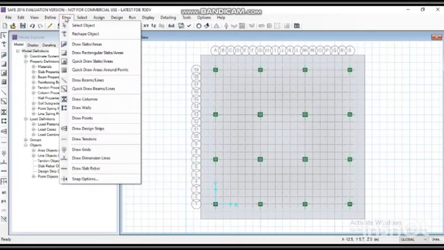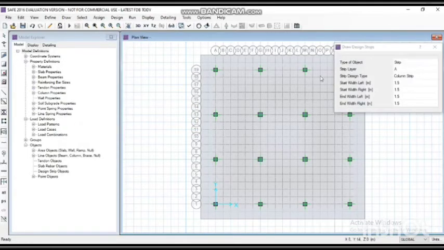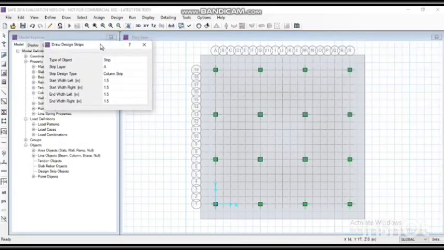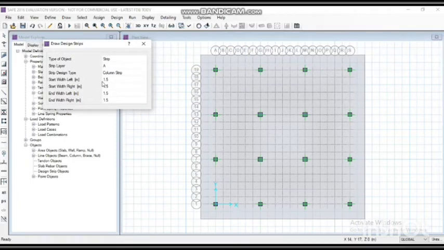Again go to the draw menu and select draw design strips. Select strip layer as A and make strip width as 4 meter.